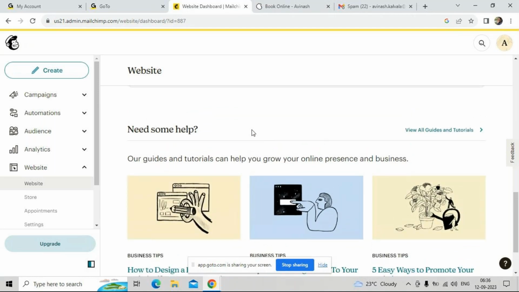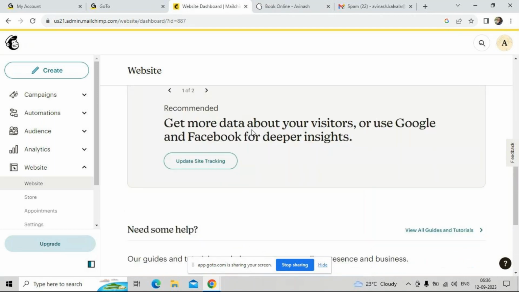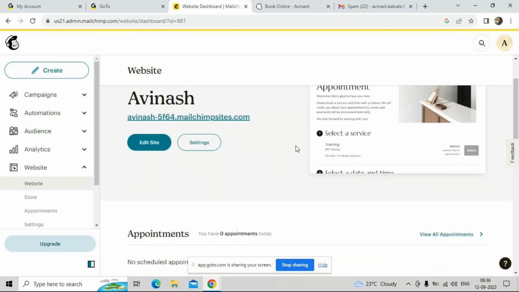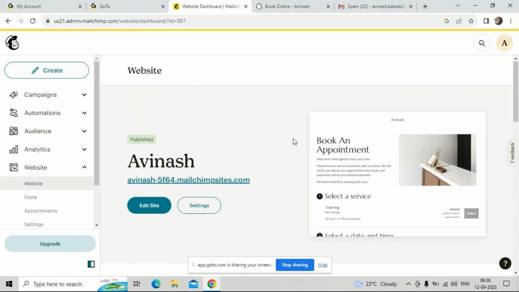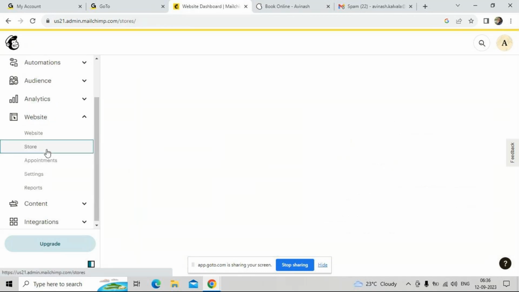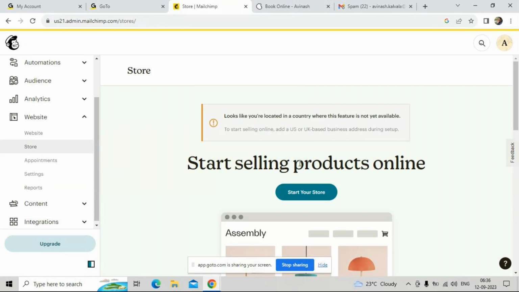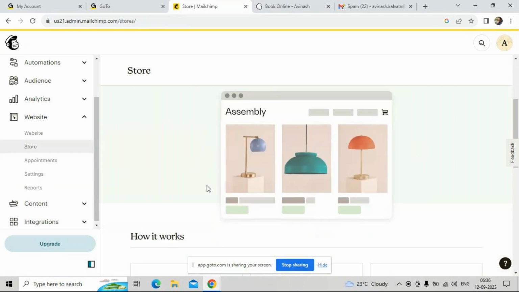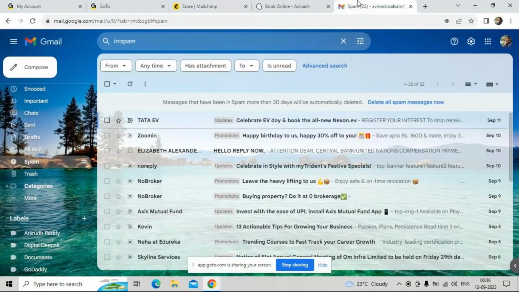But if you have a website and want to develop these kinds of things, you have to go to a developer and they'll take a month or a week, plus the payment and the details. If you want to avoid that, you can just create it here. You can also have the store and start selling products online. You can add products, the pricing details and all, whatever products you have. So how this helps is when you're sending an email,